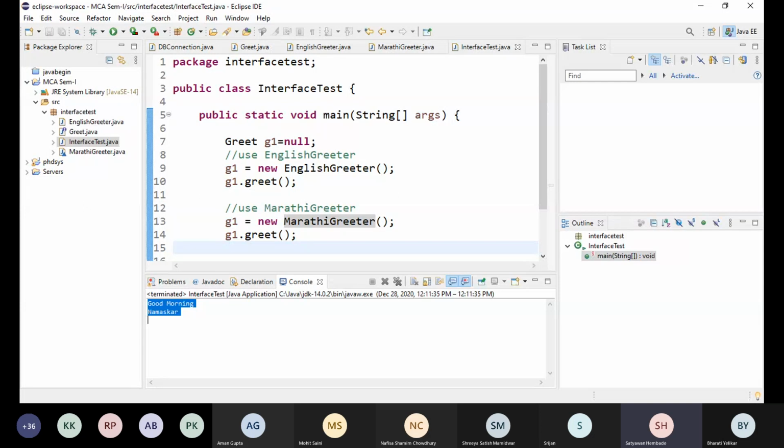Here in this case, behavior is just printing either good morning or namaskar. If you want to use some other greeters like Punjabi greeters, you can write that. If you want to use Chinese greeter, Japanese greeter, or Spanish greeter, you can use that. And what you can do is that,